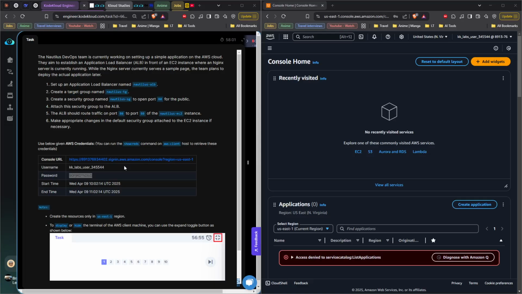Today we are in AWS. Our task for today is the Nautilus DevOps team is currently working on setting up a simple application on the AWS cloud. They aim to establish an application load balancer in front of the EC2 instance where a Nginx server is currently running. While the Nginx server currently serves a simple page, the team plans to deploy an actual application